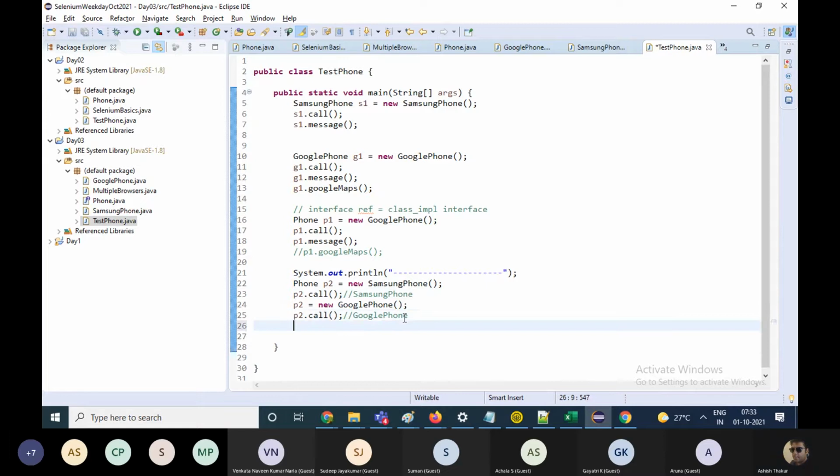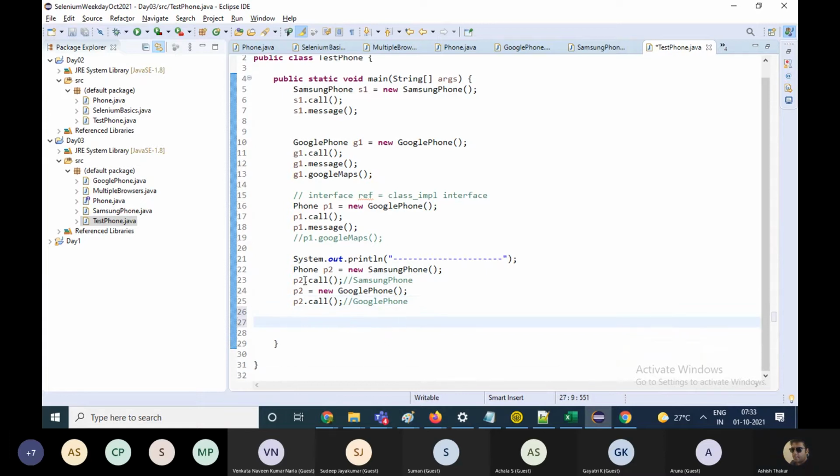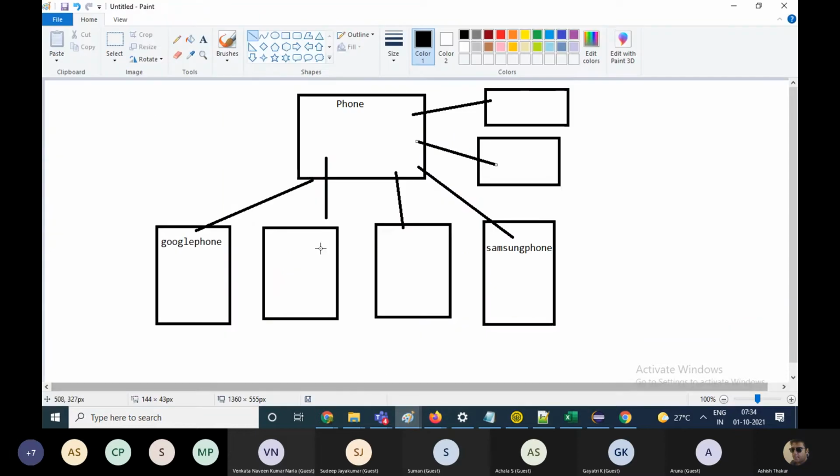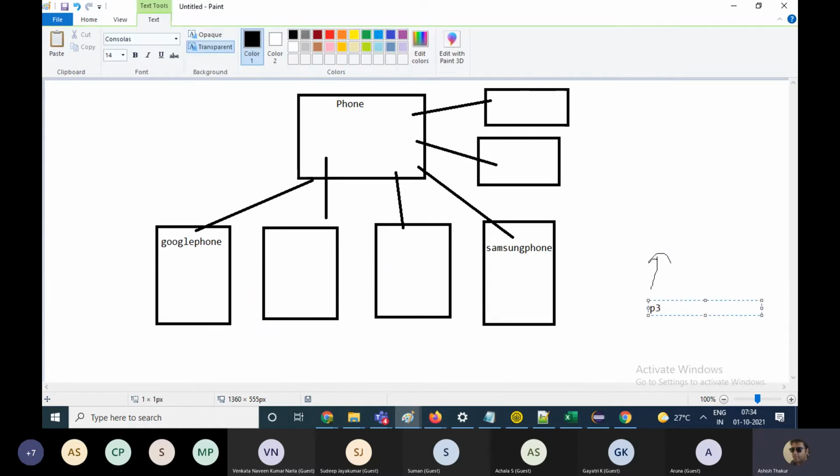And then I can also write like this. P3 equals to say null. This means that P3 is a reference which is not pointing anywhere.